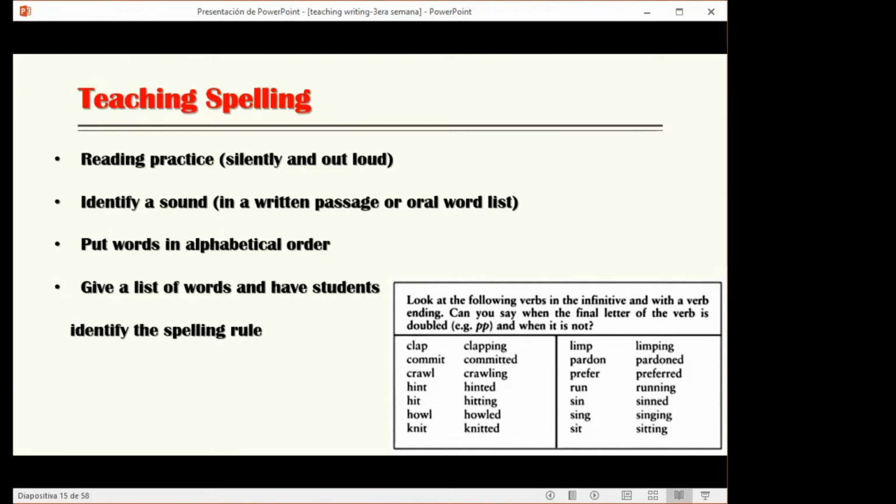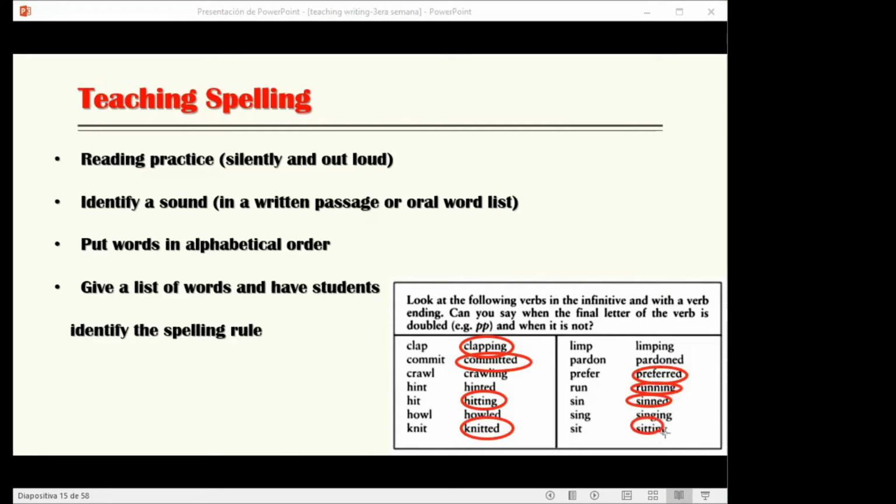So these words, they need to identify. Maybe you can ask them first to circle the word where the final letter is double. Clapping, no? So they need to identify first. For example, double P, double T, double T, double T, notice, double N,